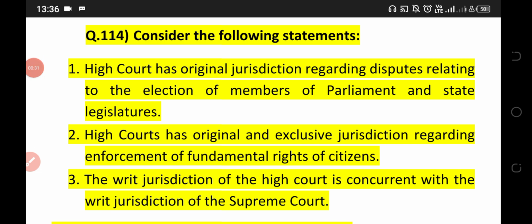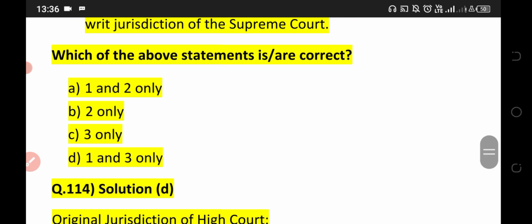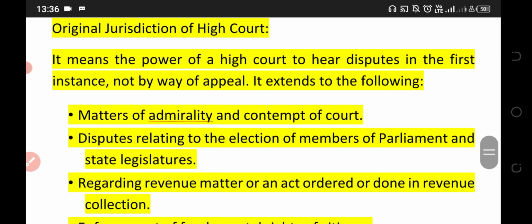पहला प्रश्न, आपको दिए गए कथनों पर विचार करना है। High Court has original jurisdiction regarding dispute relating to the election of the members of the parliament and the state legislature. High Court has the original and exclusive jurisdiction regarding enforcement of the fundamental rights of citizens. The writ jurisdiction of the High Court is concurrent with the writ jurisdiction of the Supreme Court. दो स्टेटमेंट गलत है, बाकी दोनों स्टेटमेंट 1 और 3 सही है। देखिए ओरिजिनल जुडिक्शन क्या होता है हाई कोर्ट